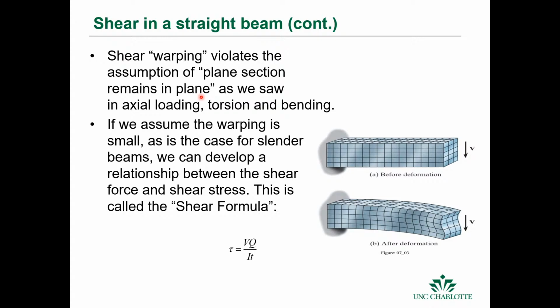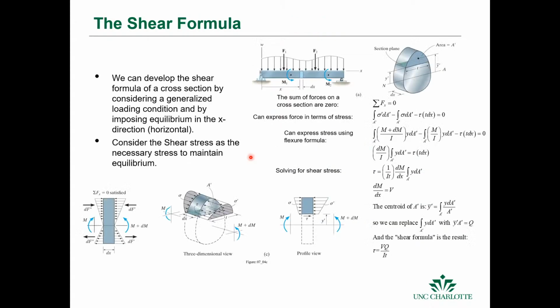But as a designer, I think it's very important that there's a caveat. We can't just use these formulas and think we know the shear, because the caveat is that this is a slender beam. So the question you should ask yourself is, well, what's a slender beam? And where does this formula break down? It turns out that you can find different shear formulas in different areas for different cross sections, and you can look those up. But for now, we'll use the simplified case and assume we have a slender beam, and you'll promise me that you'll remember that there's a caveat if you don't have a slender beam.